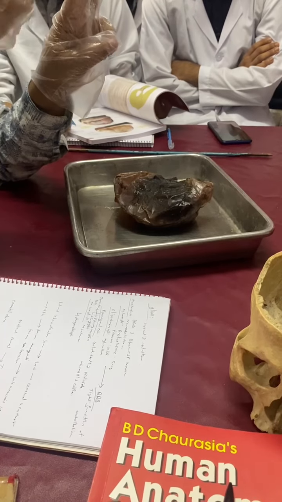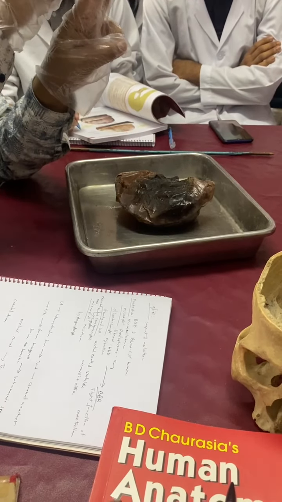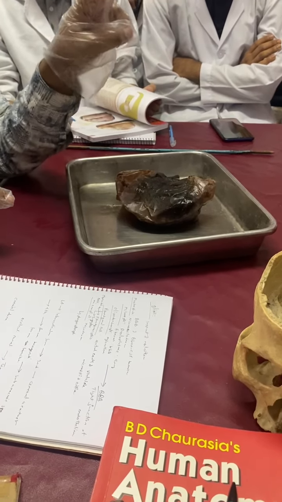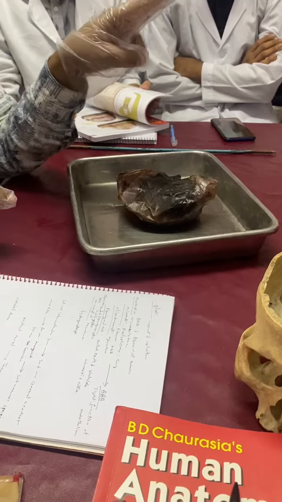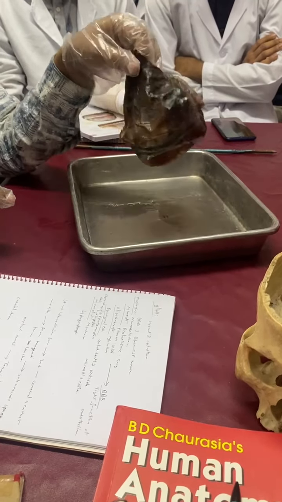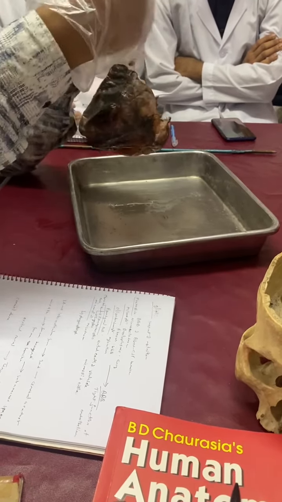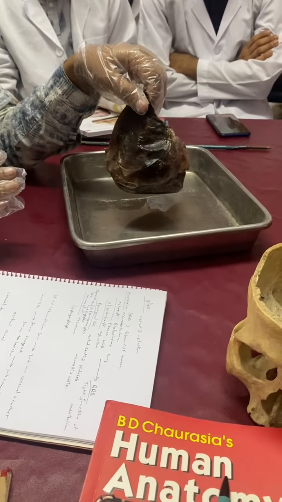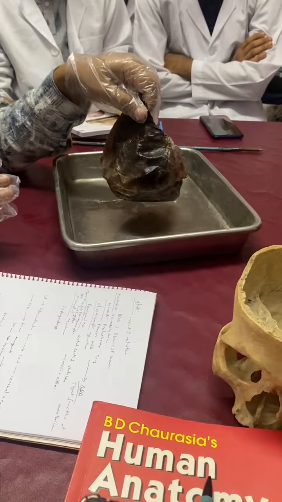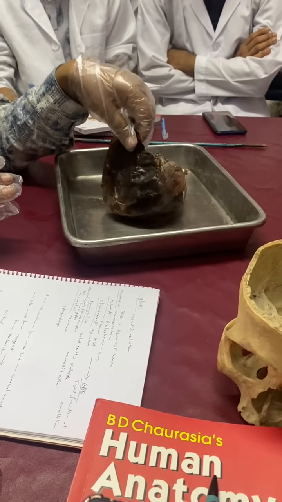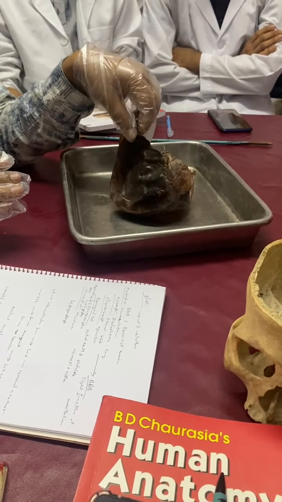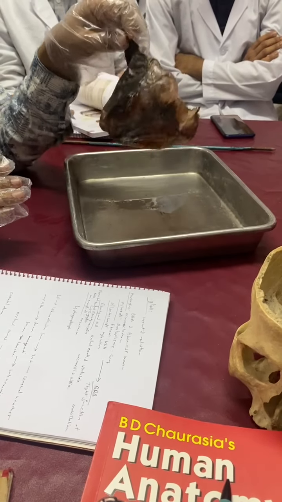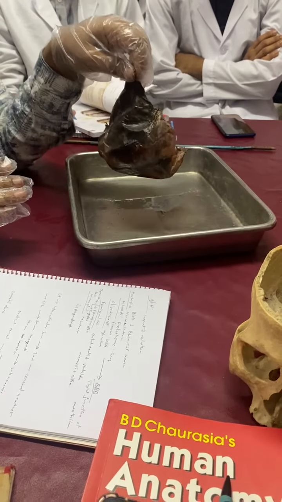Okay, the arachnoid matter and the pia matter are commonly called leptomeninges, and they normally lie with the brain, attached to the brain. So that's why, as there is no brain here, we can't find these two layers, because these two layers are normally attached to the brain. So here we will find only one layer of the meninges, which is called dura matter. Okay, so it is the dura matter of the brain.